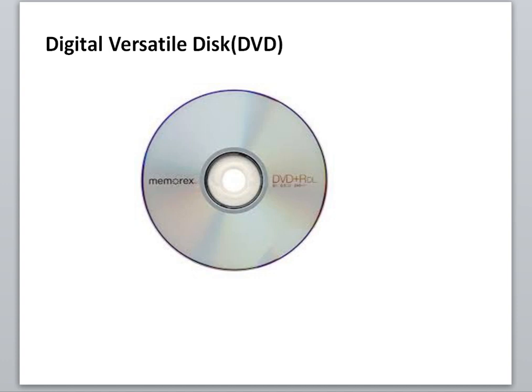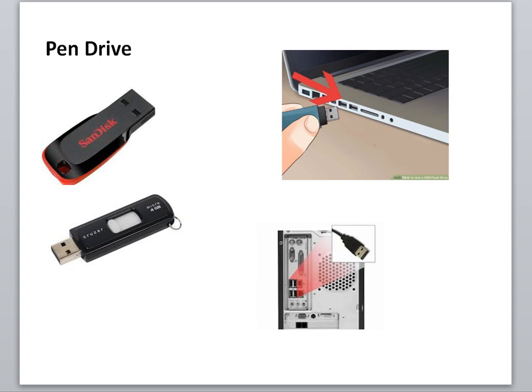Next one is pen drive. Nowadays, everyone knows pen drive. Nowadays, we are using pen drive. This pen drive's capacity is more than DVDs, where its capacity is in GBs, up to 256 gigabytes of data you can store in a pen drive. That's why we are using this pen drive. And it is a plug and play device. It is also known as USB flash drive.